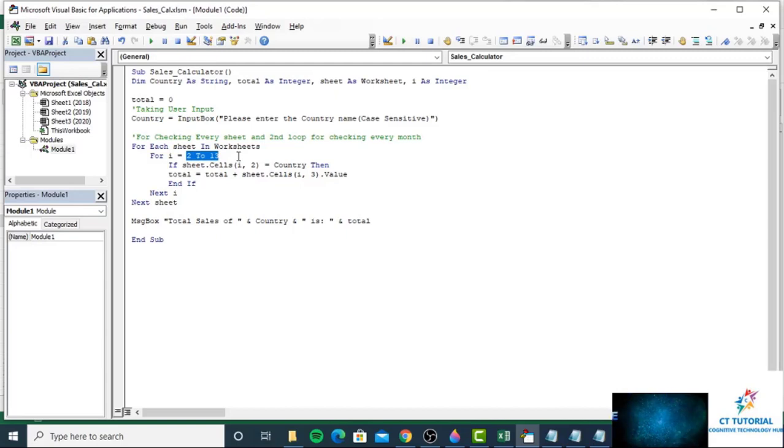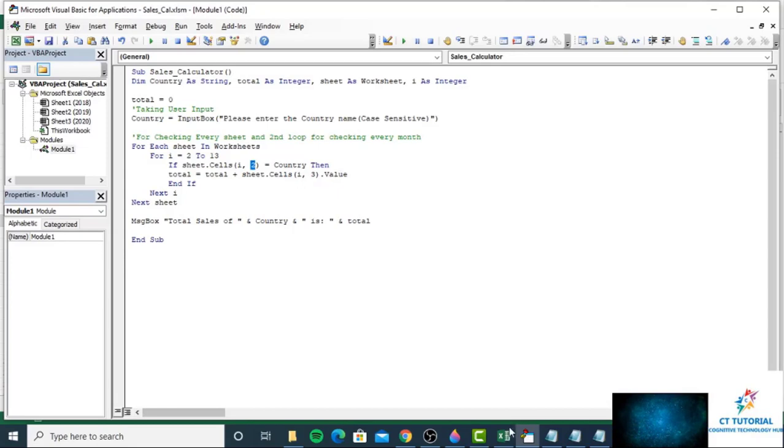If the country is present, then what it will do: if the row number and the column number 2 value is equal to the country which the user has put, then it will do total plus sheet dot sales I3 dot value.